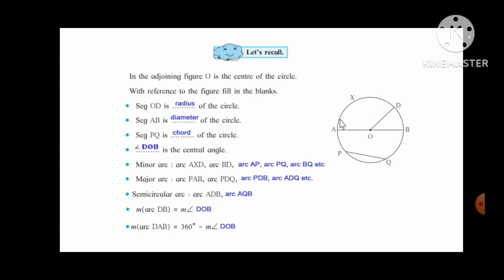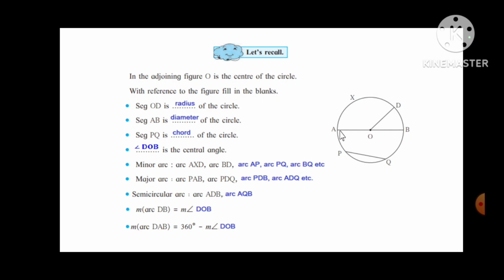AXD. This is the minor arc. Arc BD, this is also a minor arc. And additionally you are getting arc AP as a minor arc, arc PQ as a minor arc, arc BQ or QB is a minor arc. Major arc here we are getting as